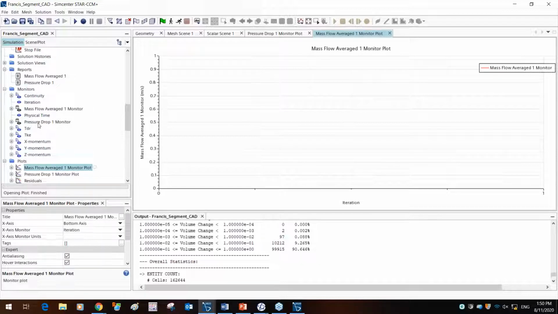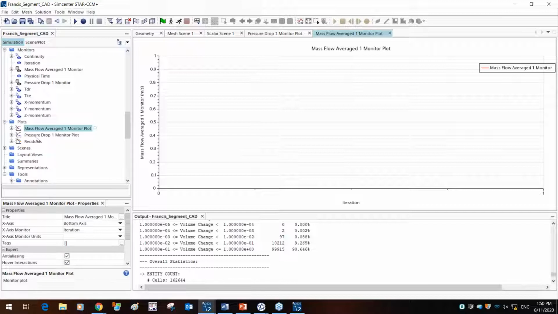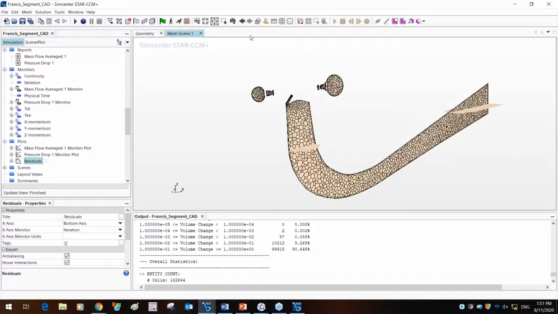So reports can be visualized in the simulation at any given time step through creating monitors. So this is data that's been collected. And then all the monitors, you can plot them to visualize information, essentially. So you have the one for residuals automatically created, which visualizes the residuals of the XYZ momentum and TDR and TKE values. And that essentially covers some of the features of post-processing. These are just the basics. We can talk about animations, scene plots, but we're going to leave that for you to explore through the tutorials, or we'll go through some of those features throughout this hands-on simulation series.